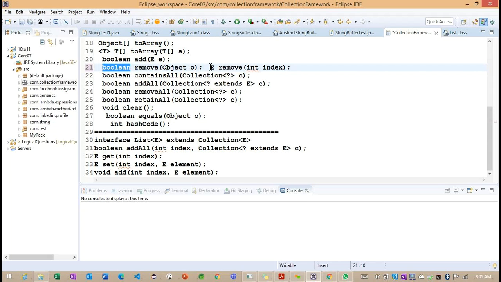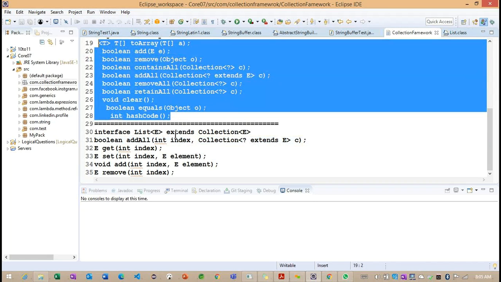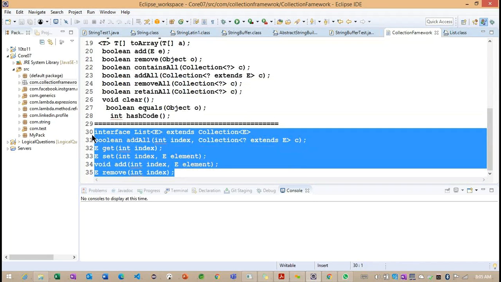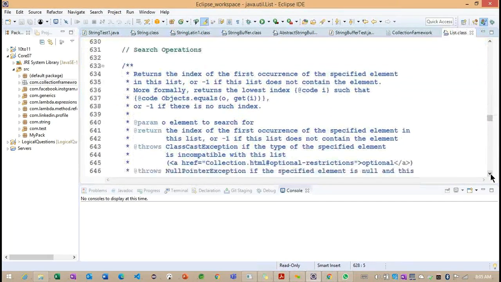So see the difference between the collection interface method and the list interface method. We are going to have some differences here. These are the implementations here. Right? Okay. So back to here, the purpose of the remove method